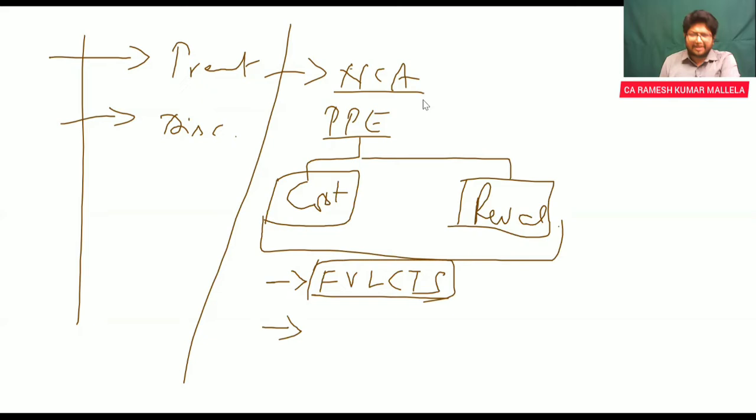Second important aspect is the moment it is identified as a non-current asset held for sale or a discontinued operation, there would not be any depreciation charged on these assets. No depreciation. No depreciation going forward till the time you sell off these assets. Okay. So these are the few important aspects which you are supposed to understand.